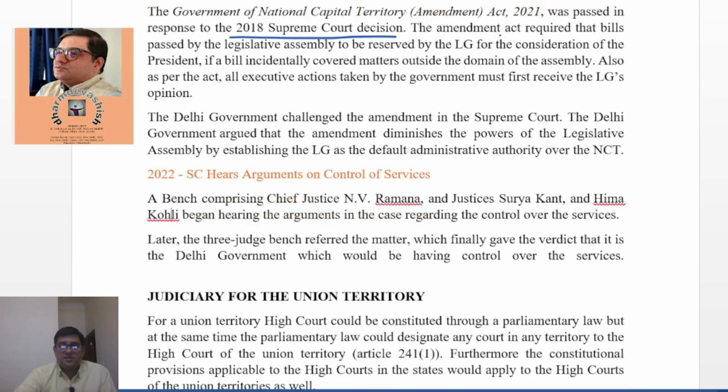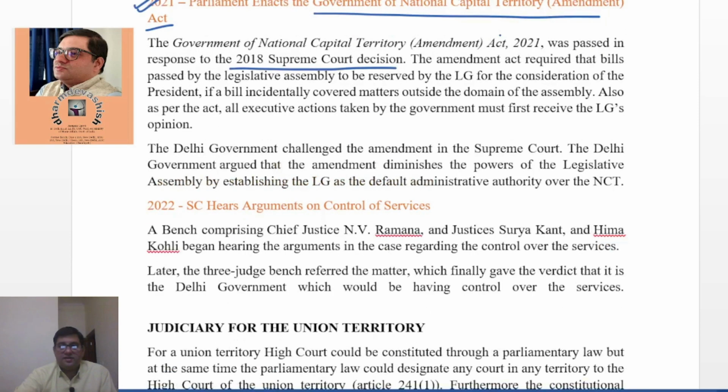Now, this Amendment Act required that the bills that are passed by the Legislative Assembly of Delhi should be reserved by the LG, the Lieutenant Governor, for the consideration of the President, if that bill incidentally covers matters outside the